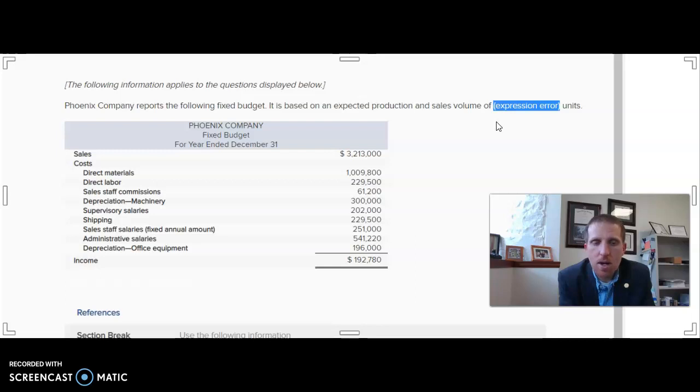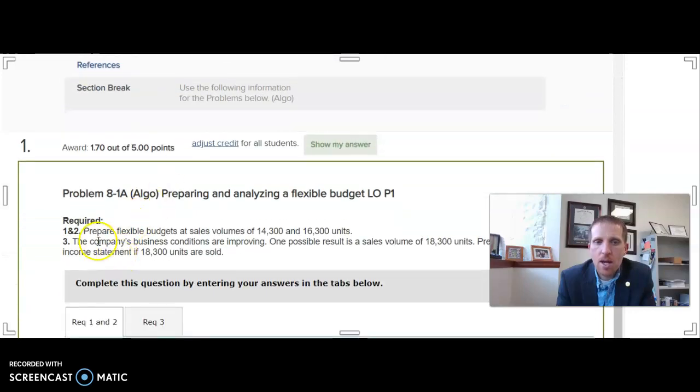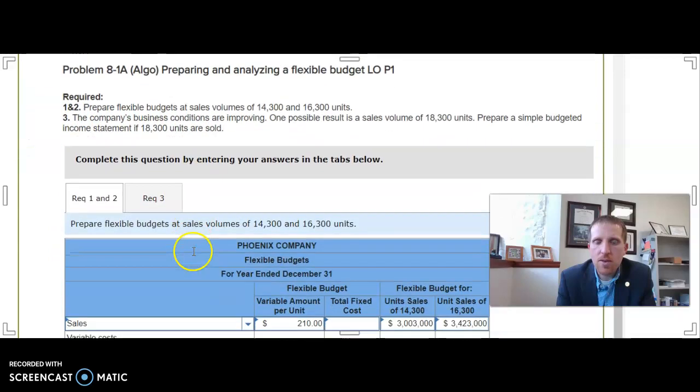But what I've done is I think I've cracked the code for everybody's individual assignment. So, this number of units, what you need to do, what it looks like it's doing for most everybody, is down here in requirement 1, 2, and 3. Okay, it's giving us these different levels for the flexible budget, and then in part 3,